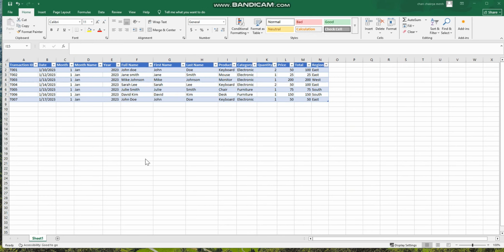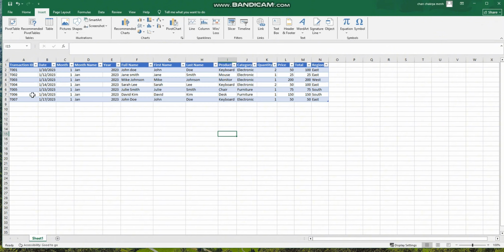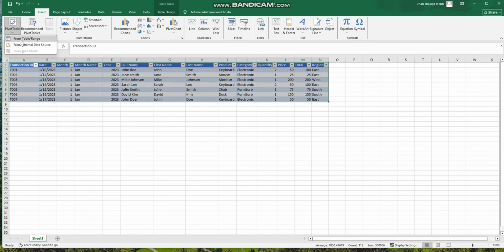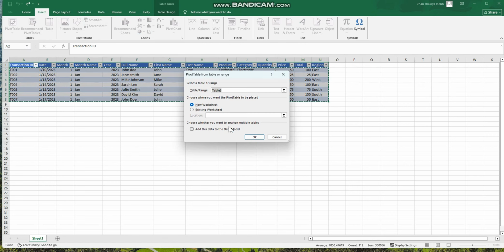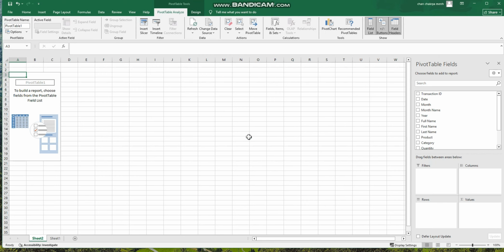So after you clean and you think you got all the columns you want, you can start using the pivot table. Go to insert, make sure you click Ctrl A. Here you click from the table range, and I'm going to use new worksheets. I don't want to put it on this existing one. It's going to create a new worksheet for me. So you see I'm going to get worksheet 2, right? So this I can rename it